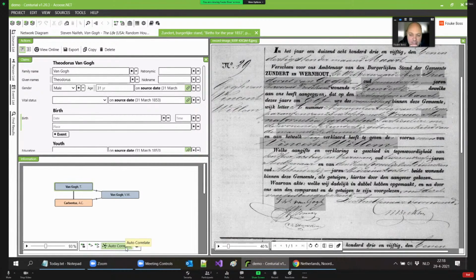Based on stuff like names, but also birth dates, death dates, family relations. And I always was a bit skeptical myself about this particular feature, because I felt it could be quite error prone. But it somehow works out quite beautifully, and it saves you a lot of work.